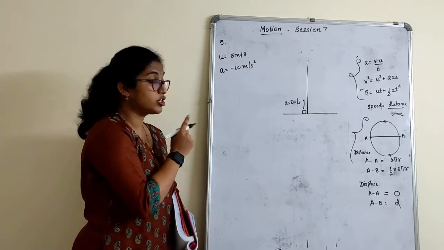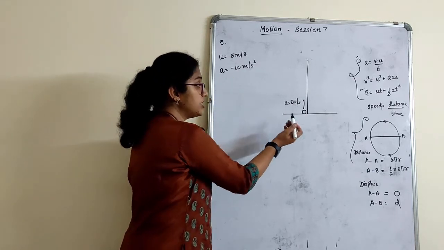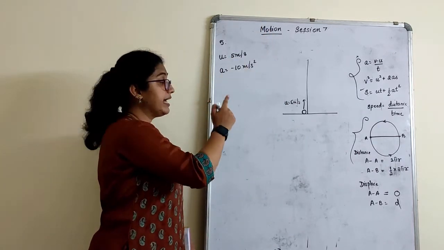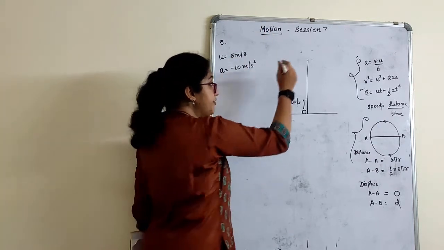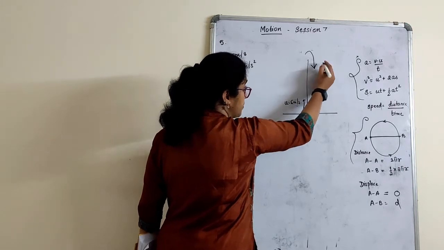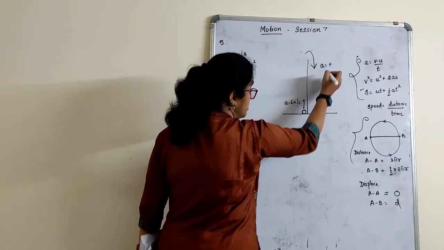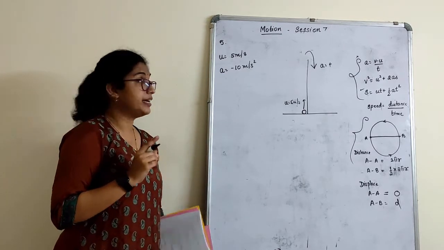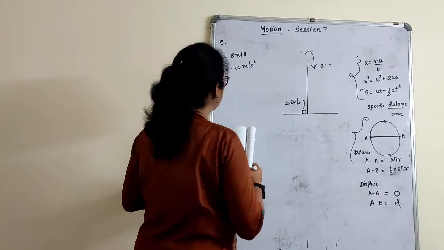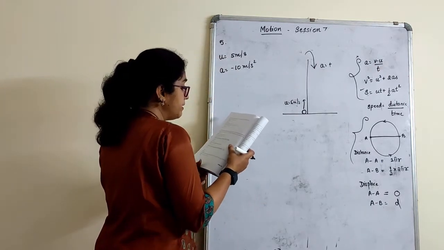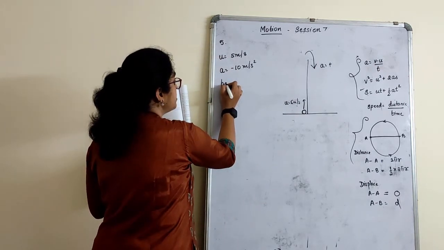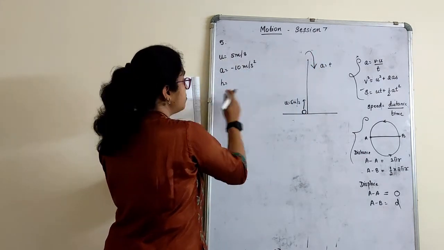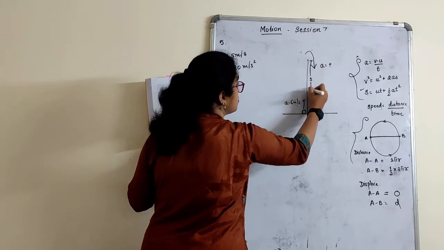Always remember in such type of sums, if acceleration is given and if any object is thrown upwards against the gravity, acceleration is negative, children. A free fall, that is the body is falling down, so that time acceleration is plus. We will deal with more and more such type of sums in gravitation chapter, right? Let's understand this much part here. Then what will be the height attained? Now height we are not discussing, but what will be the height attained by the stone? Nothing but distance of the stone.